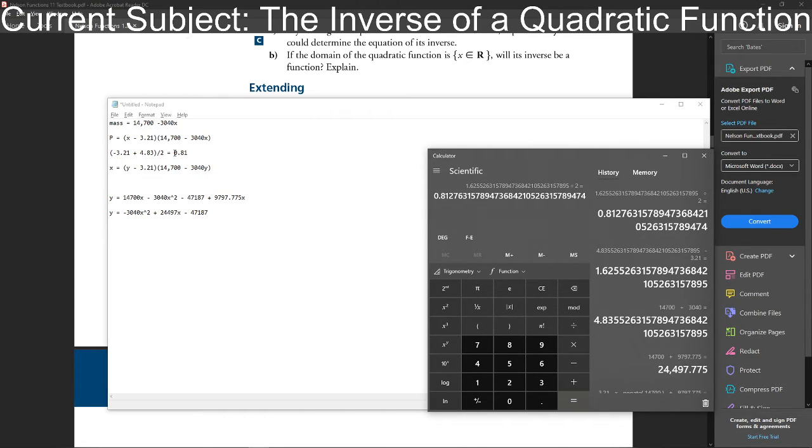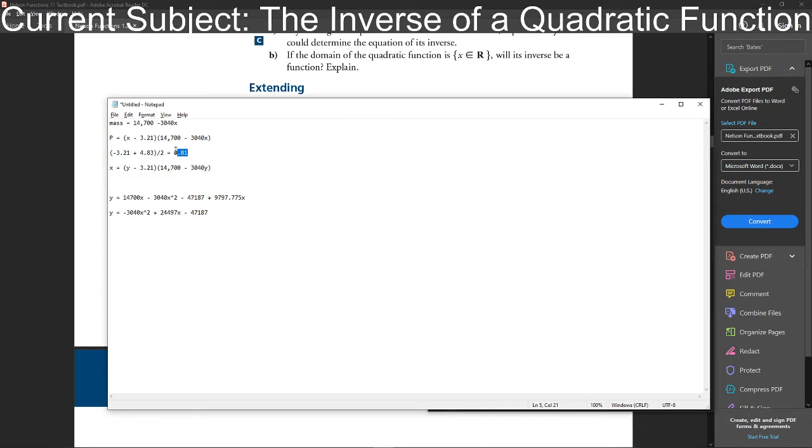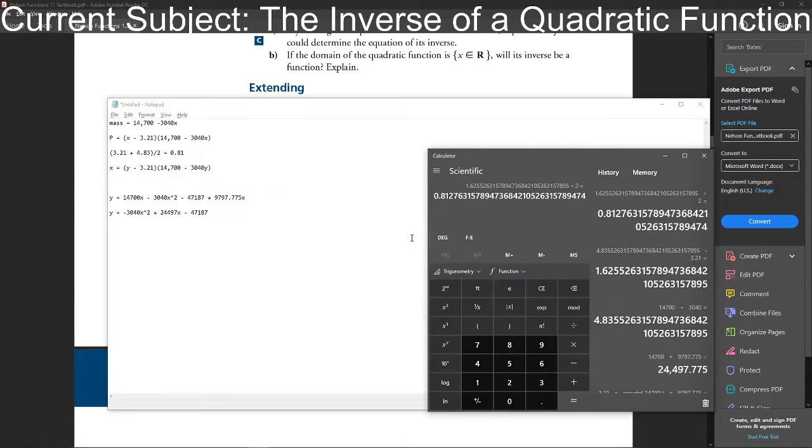So that is telling me that I must have done something wrong. Damn it, you're right. That's where I went wrong. You're right, because the positive will make that actually 0. So I actually need to do 3.21